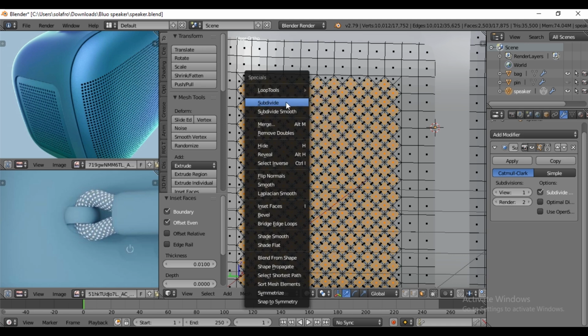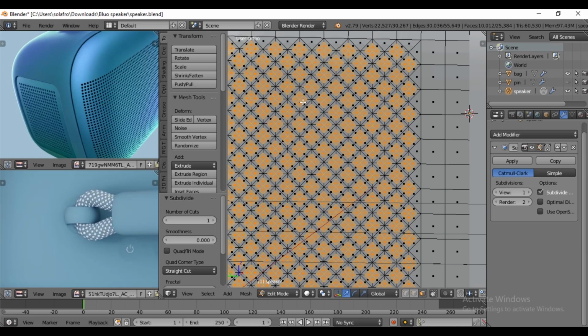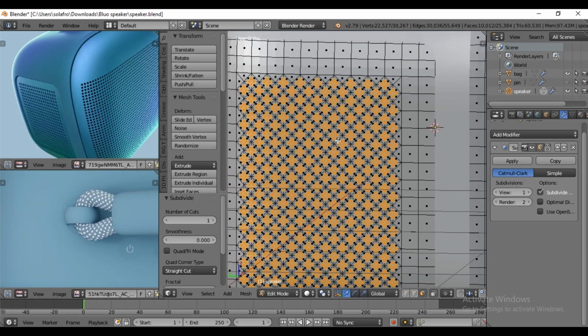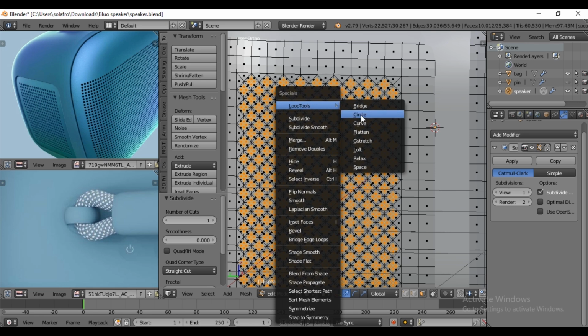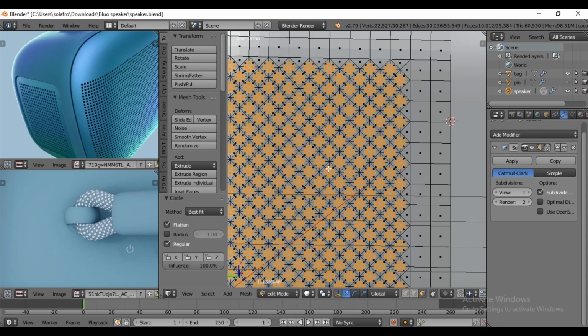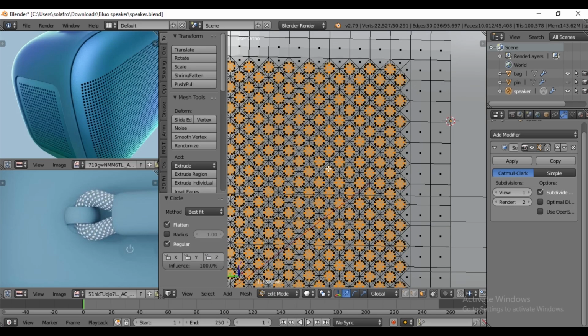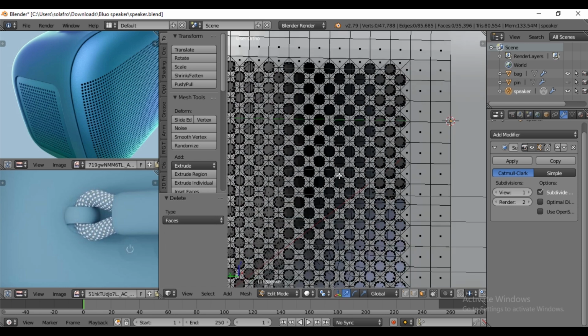By pressing W, subdivide. And again choose Circle by selecting Loop Tools. Press E to extrude, then press the Escape key to release and press X to delete faces.